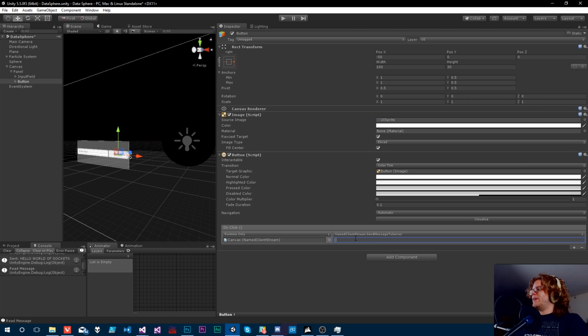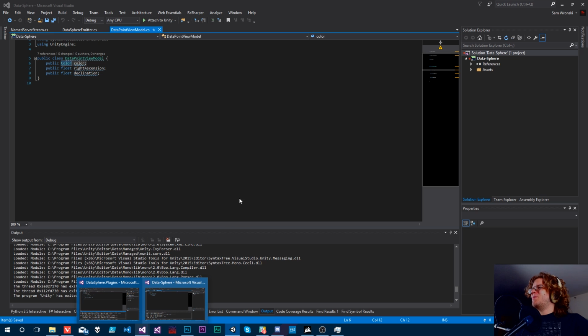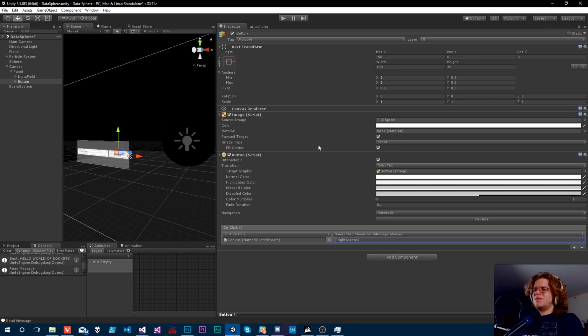And we are going to pass in a right. What was it? Shoot. Can't remember my own things. Right ascension. I really am starting to not like that name. And then all you have to do is give it a value. We'll give it 0 for now. And then a comma. And then our declination, which will also be 0. And then our color,